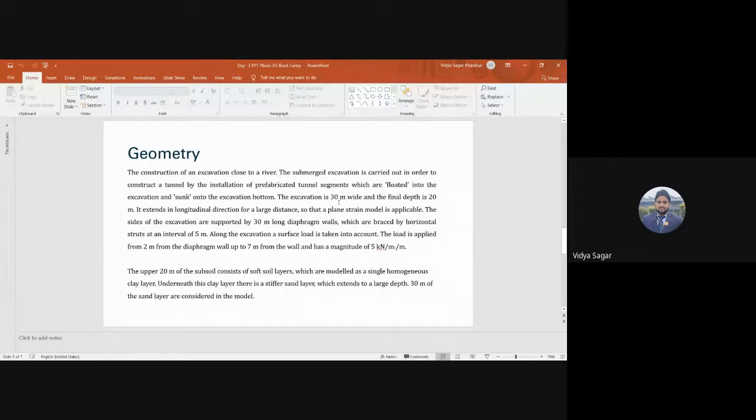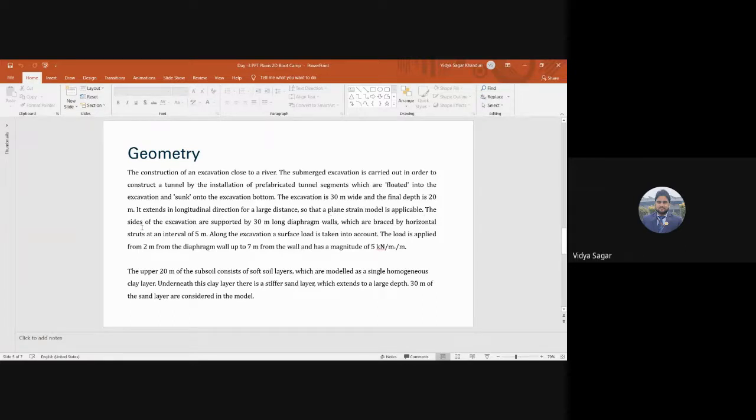The excavation is 30 meters wide and the final depth is 20 meters, and it extends in the longitudinal direction for a large distance, so that a plane strain model is applicable. Here we will not use the axisymmetric model because this is not circular. This is vertically excavated, so we'll use plane strain.